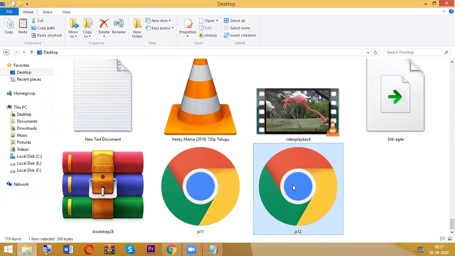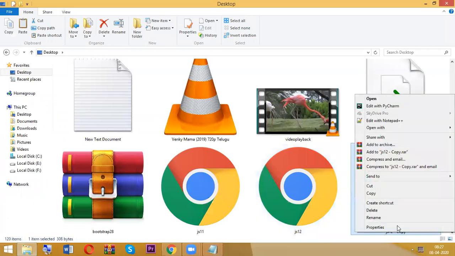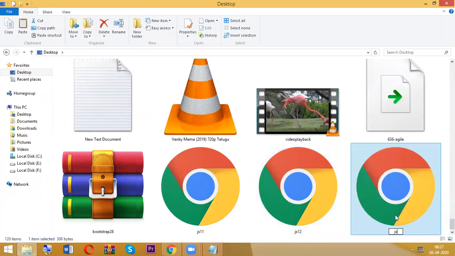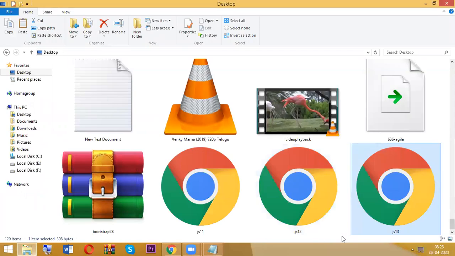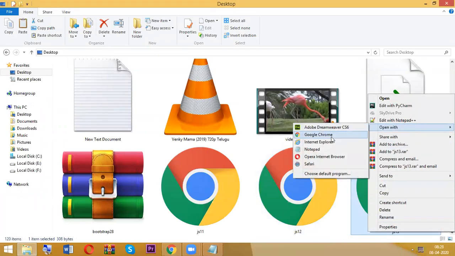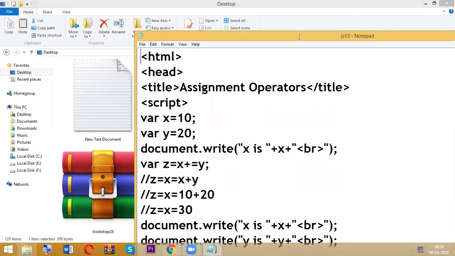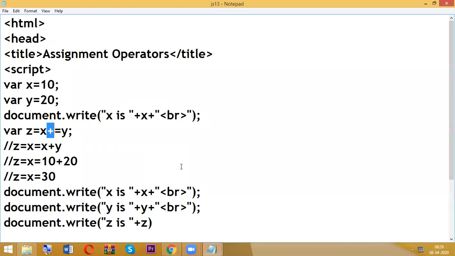So JS 13. Open with browser, at the same time open with notepad. Everything is same, I am just going to have multiplication: z equal to x equal to x into y.